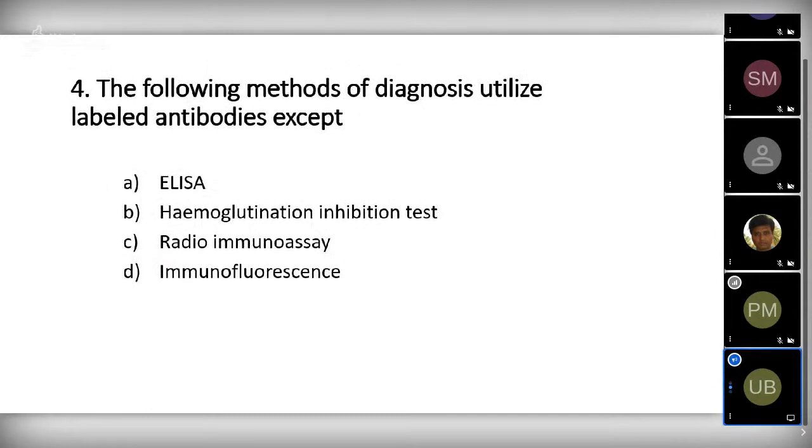The following methods of diagnosis utilize labeled antibodies except ELISA, hemagglutination inhibition test, radioimmunoassay, immunofluorescence. ELISA,